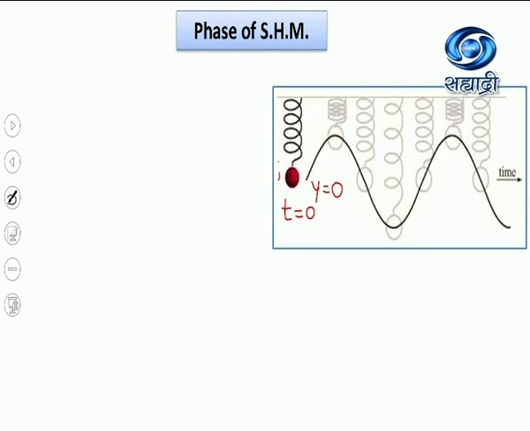Now if the ball which is fixed at the bottom of the spring is pushed up, the spring gets compressed this way. Because of this, the ball undergoes maximum displacement, which is equal to the amplitude. So when the ball reaches the uppermost extreme position, the displacement y is maximum, which is equal to the amplitude. And if from this position the oscillator is released, it starts performing up and down oscillations in the vertical plane.